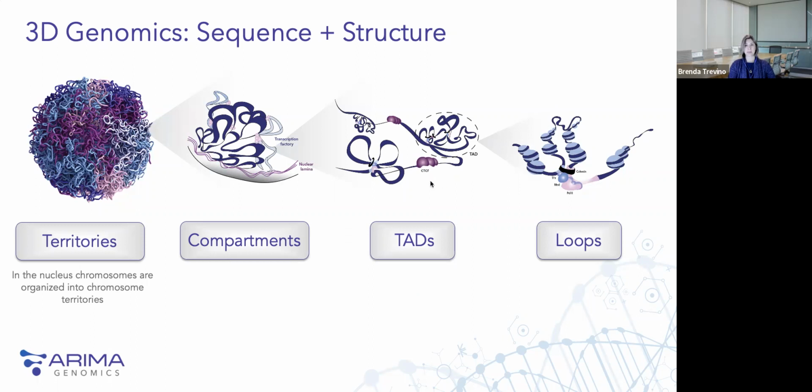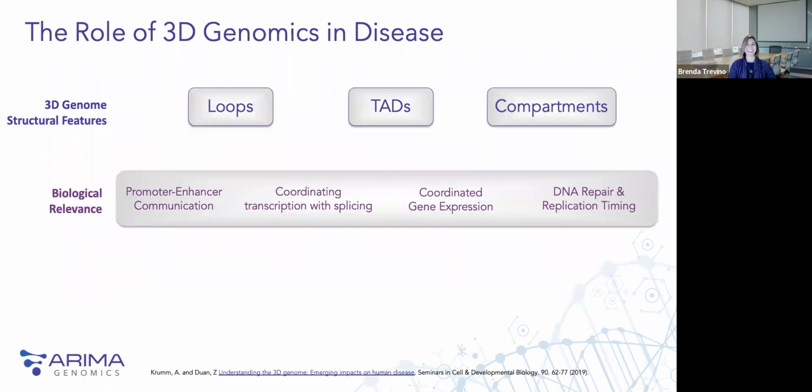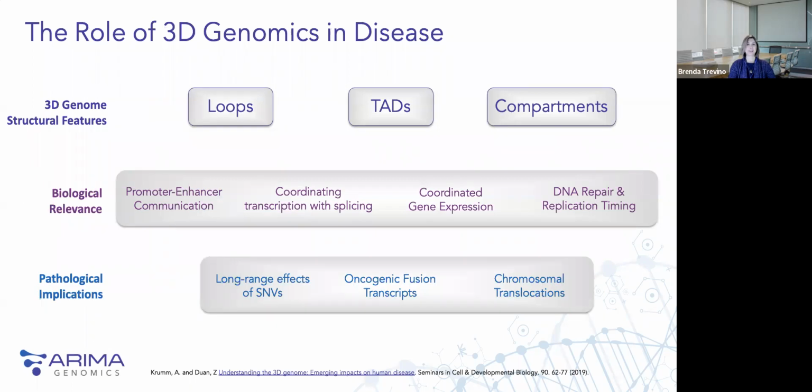In this diagram, you can see the boundaries between the loop formations marked by CTCF. Then looking more closely within these topologically associated domains, we start to see the individual loop structures that are bound by cohesin. What this essentially shows is that there are a number of insights you can make into the biological relevance, and therefore the pathological implications of